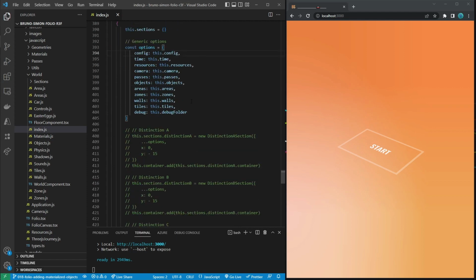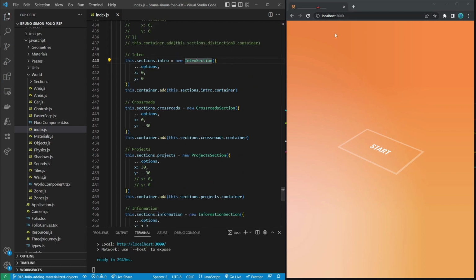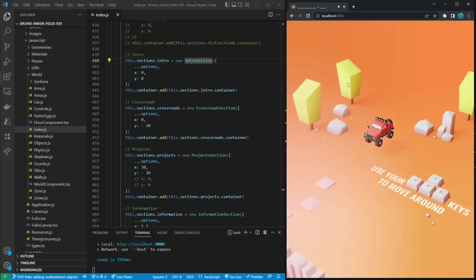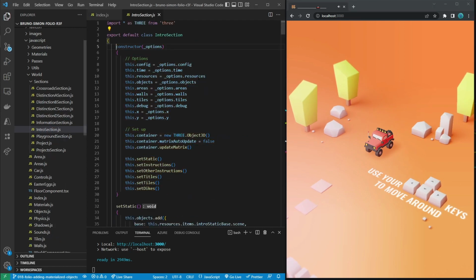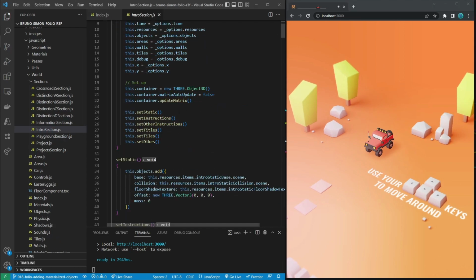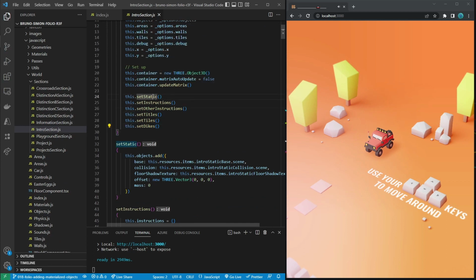And if we go there, you'll see that it's setting a few different sections. The project is divided into 5 different sections. For this video, we're going to look into the intro section, which is where you start, this area right here. So if you go there, you'll see that it calls 6 different functions in this